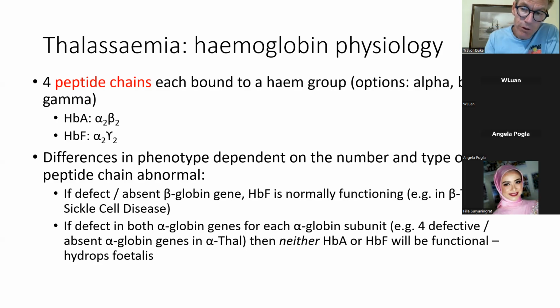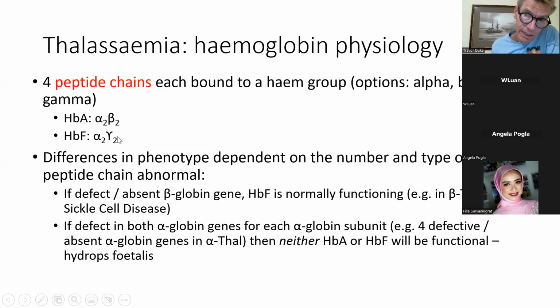So there's 4 protein chains, and there's 3 options for what the chain is. It's either alpha, beta, or gamma. And most of us know about hemoglobin A, that's adult hemoglobin, and that's got 2 alpha and 2 beta chains. Right? And then hemoglobin F is fetal hemoglobin, and that's got 2 alpha and 2 gamma chains. Right? This is important for thalassemia because I'll explain why in a minute, because depending on whether you've got alpha